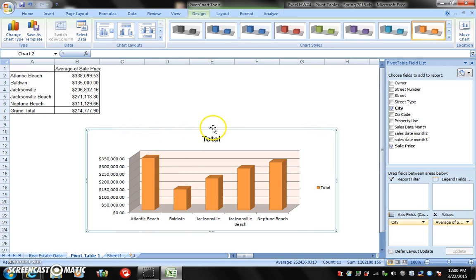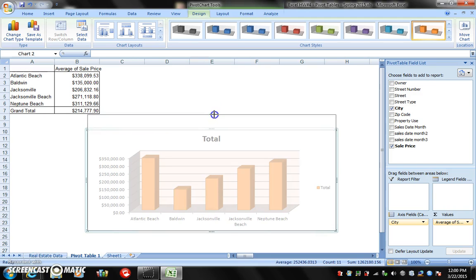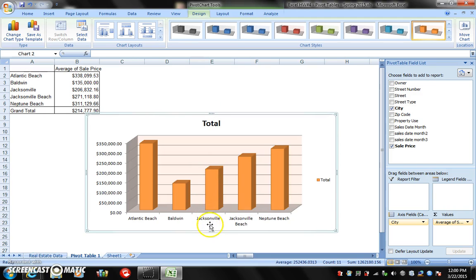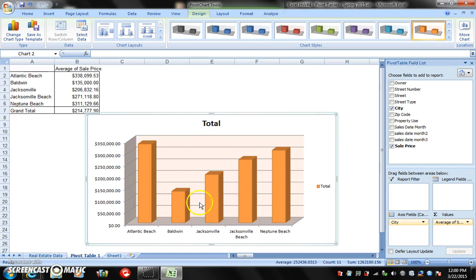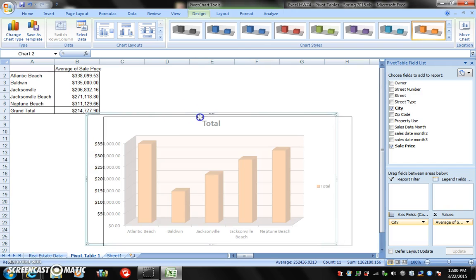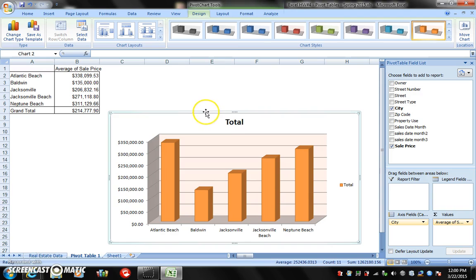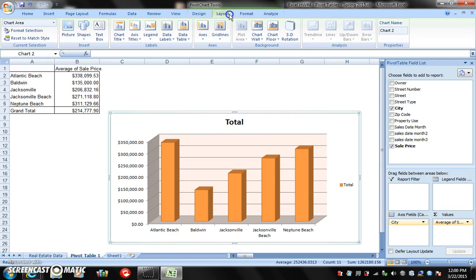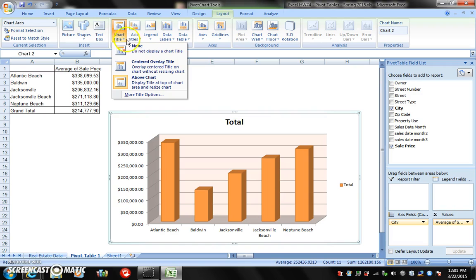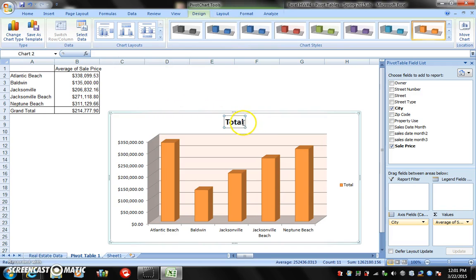So what I will do after that is make this box a little bit bigger in order for it to be easier to read. I want to make it easier to read because that's what a graph is for. It should be easily interpreted. From there, I will go to layout, and I want to change the chart title. Instead, I can go here, highlight this, and put